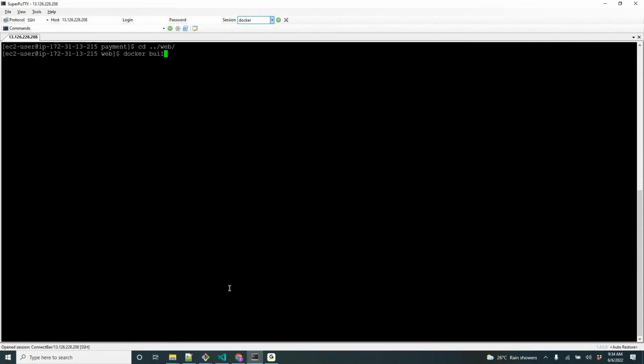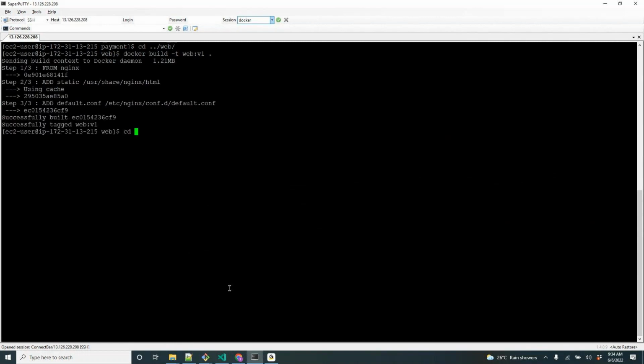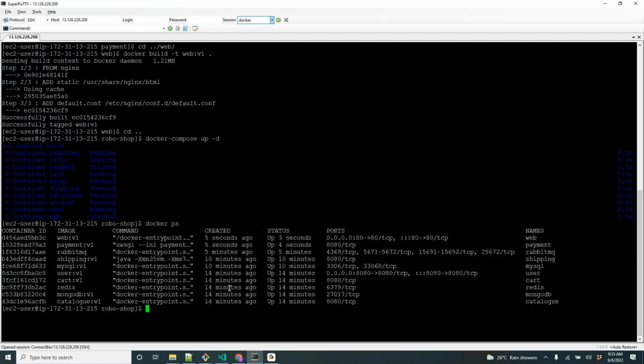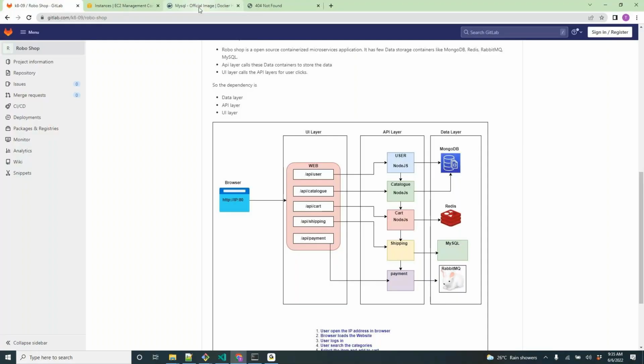Docker build -t web:v1 . Rebuild is done. Now docker compose up -d. Docker ps. Now payment is running, web is running, everything is running. Let us do